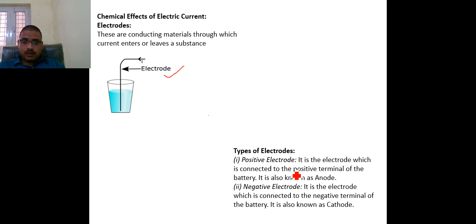So that is all we have talked about till now. We have talked about the different kinds of sources which generate currents, how current is generated by using electrodes, and what the different electrodes are. These electrodes are basically positive and negative electrodes. These conduct the electricity. So that is all about today's topic.